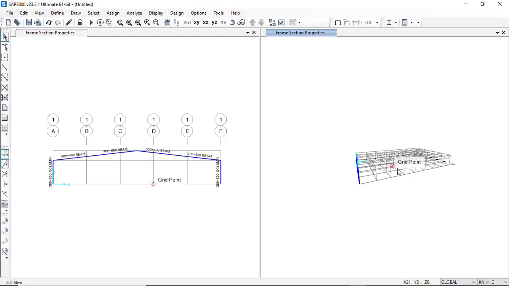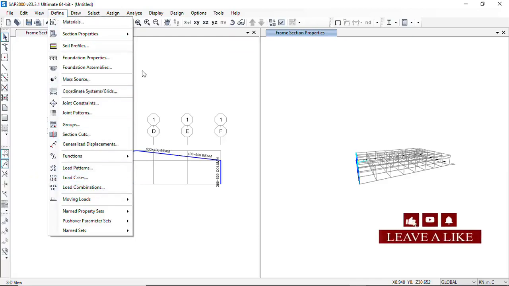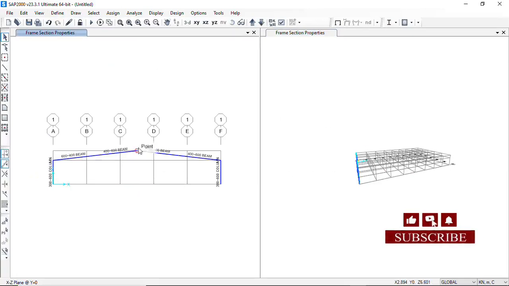So before we copy, let's input our load. Let us load it before we can copy. So we'll end this lecture here. In our next lecture, we'll define our load. We define our load pattern, load cases, and load combinations, and then we'll assign load to this one frame so we can replicate it. Or alternatively, you can copy this to put all your polylines where it's supposed to be,